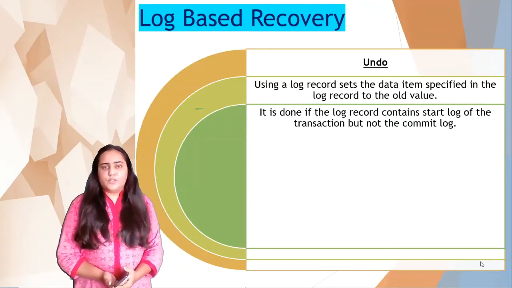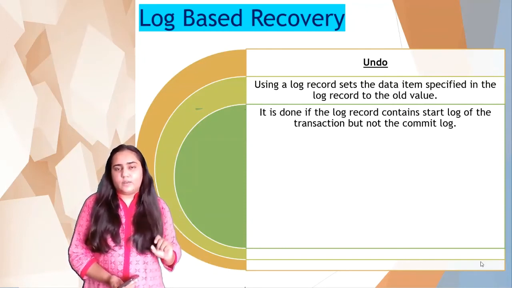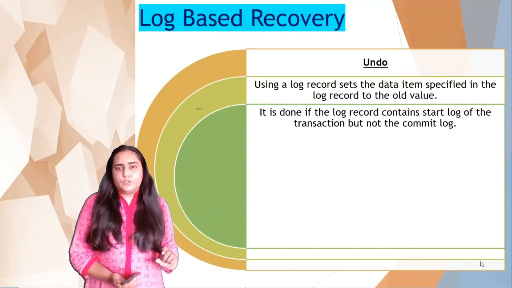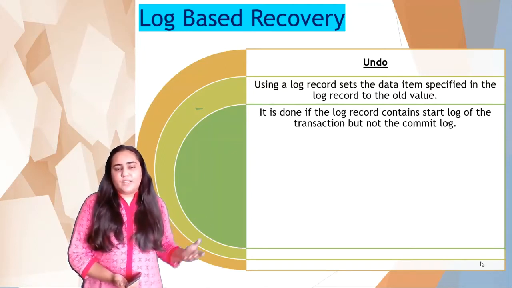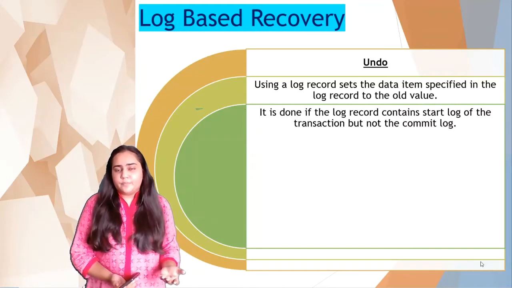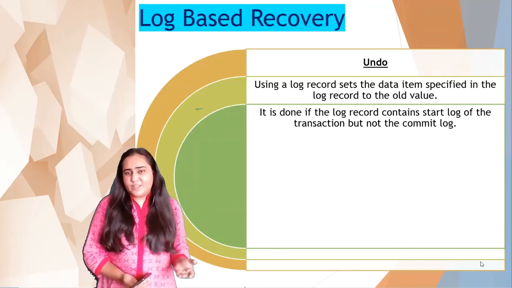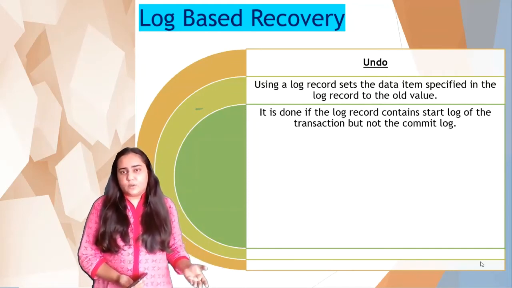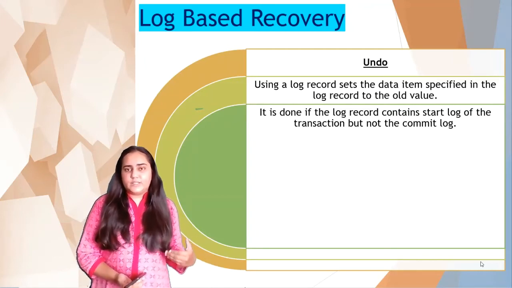Earlier I told you that the log also records when a transaction started and when it committed. So if a failure occurs and afterwards the log file is checked and it is found that there was a transaction that started but never committed, which means that transaction's commit record is not present in the log, then we will have to undo all the work that transaction has done. So all the changes have to be undone.